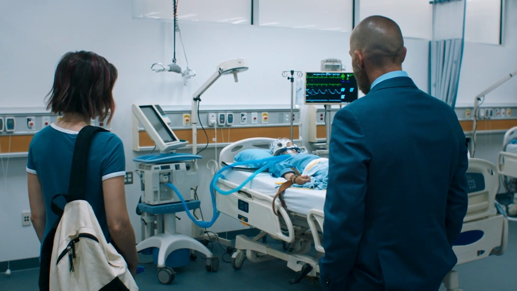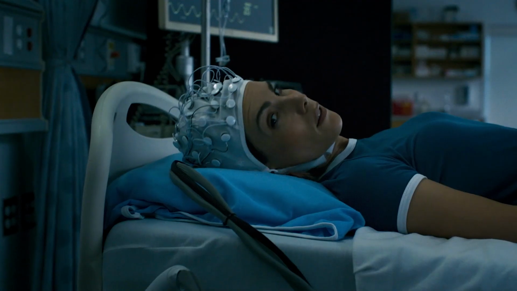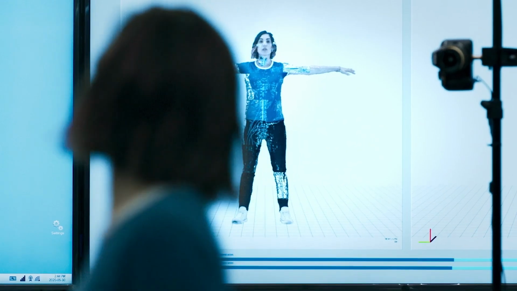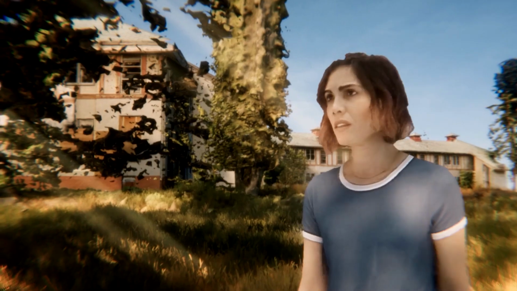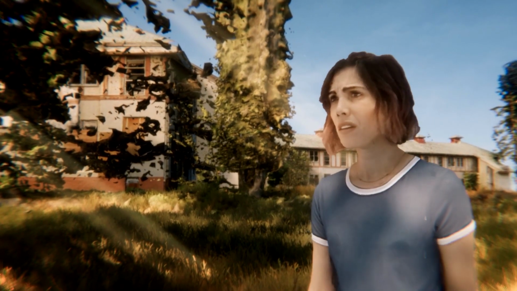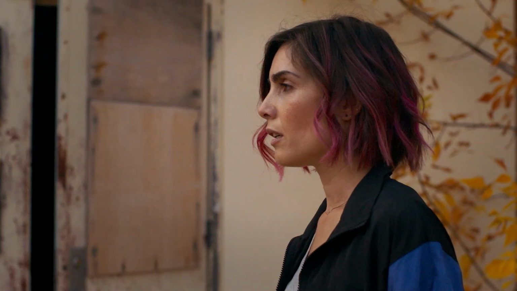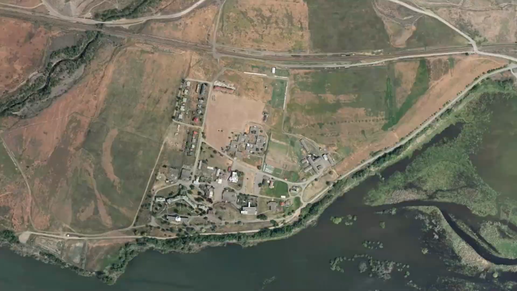So we travel into the mind of a person who's in a coma, and this experimental technology lets them get out of their body, which they don't have control over, into a virtual environment. Why are you here? It might feel like a video game, but in reality, it's a specific location in British